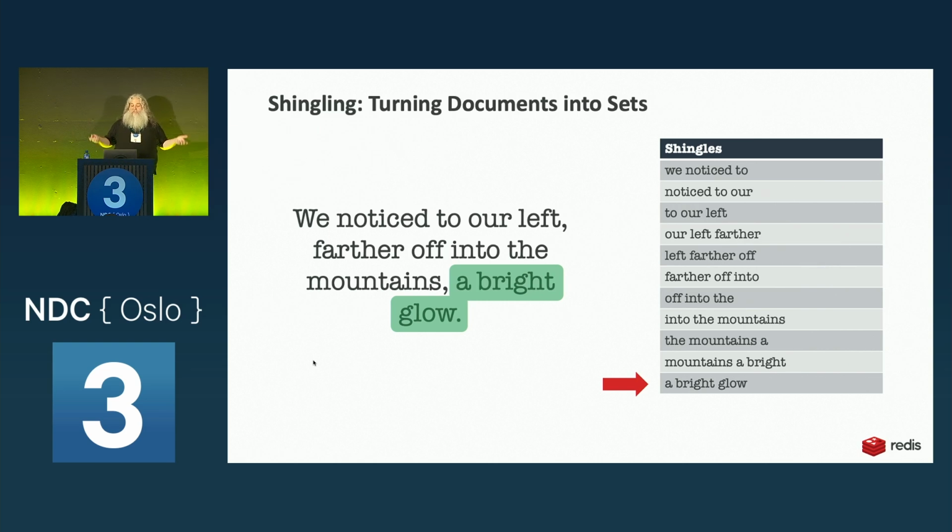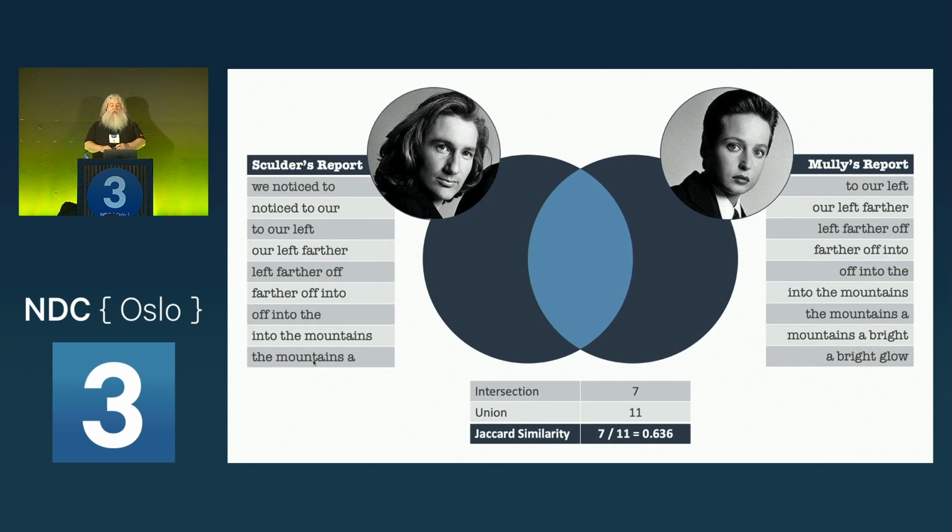And this builds up a little set, and then we can do a comparison, right? So now we can take Scalder's report and Molly's report and compare these sets of trigrams, and get an intersection and a union and get a better Jaccard similarity score. And here we see that they're about 2/3 the same. And so Skinner is happy that Scalder and Molly have seen a similar enough thing. Their reports are similar enough. But there's a problem with this. Any guess as to what it is?